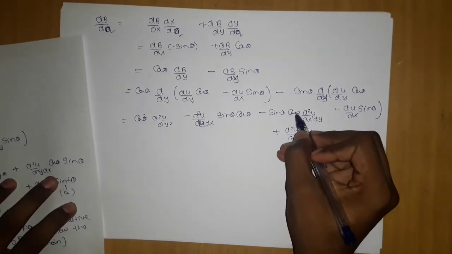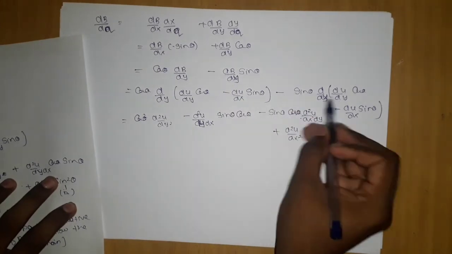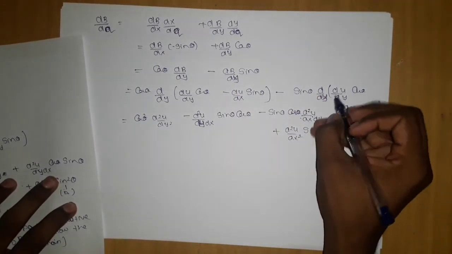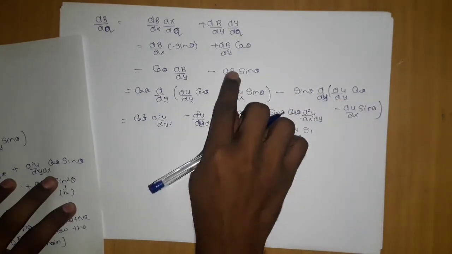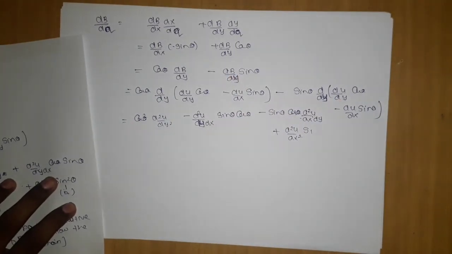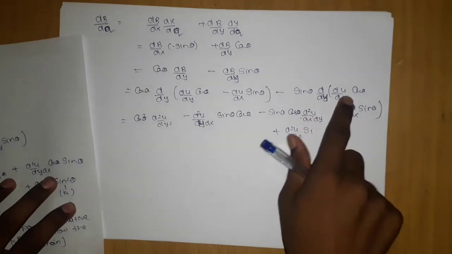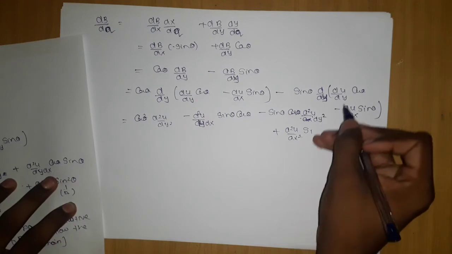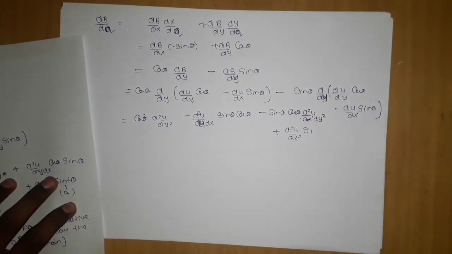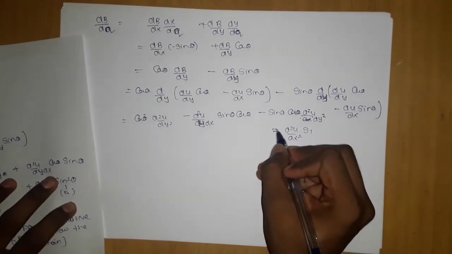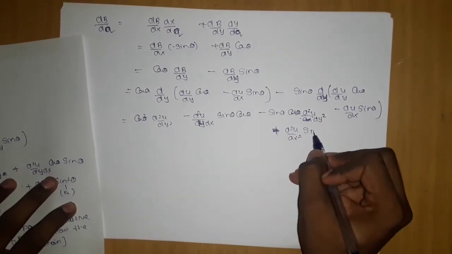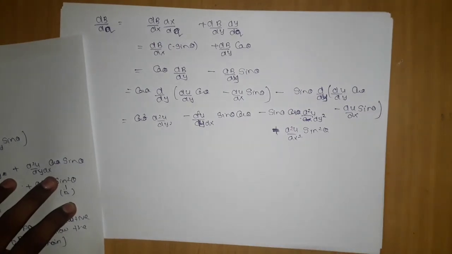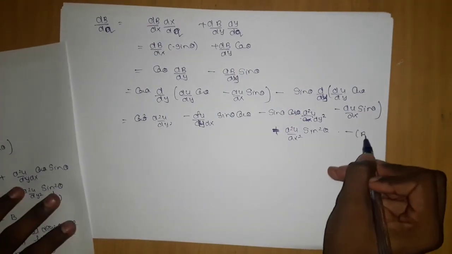Here it will be, if I multiply this, it is y. We know this dou v by dou y is y. So if I simplify it, here y will go inside and it will become dou square by dou y square. One thing, sin theta into cos theta. Here it is y, it will become minus plus will be as it is sin square theta. Now if I add, call it b, add